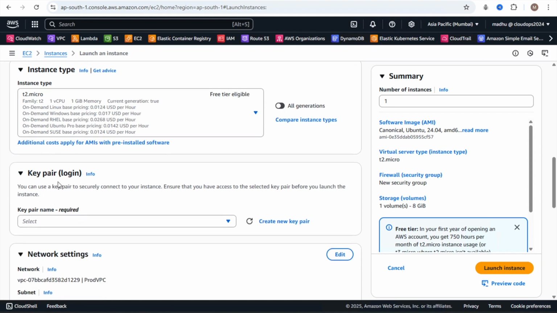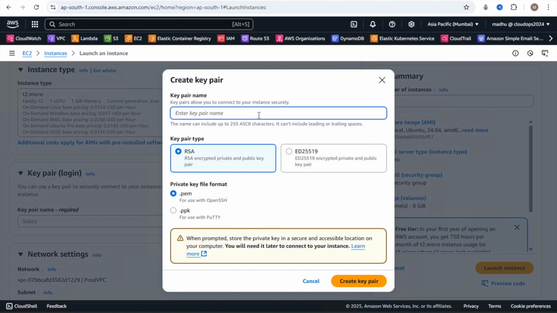This is the key we are going to use to log into this machine once you launch it. Create a new key pair. I'm going to call it EC2 demo. If you want to use PuTTY software, go with .ppk. If you want to use a terminal or a command prompt, just go with .pem. So I'm going to go with .pem. It doesn't matter which mode you use to connect. What matters is what you're doing inside this server. So create key pair,